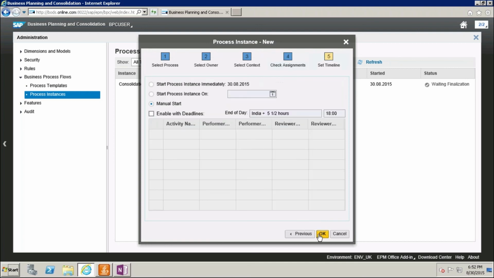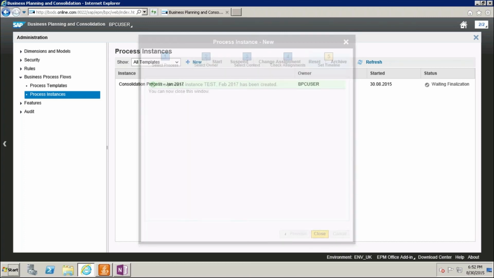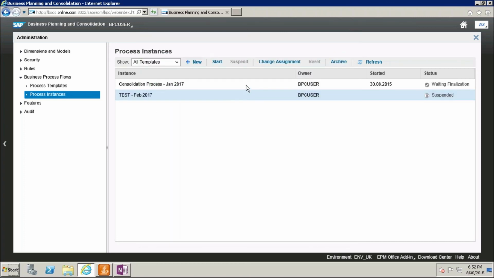Next, start process instance immediately, manual start, finish. So this was created. Now I'm going to close this and start it. Refresh, close.